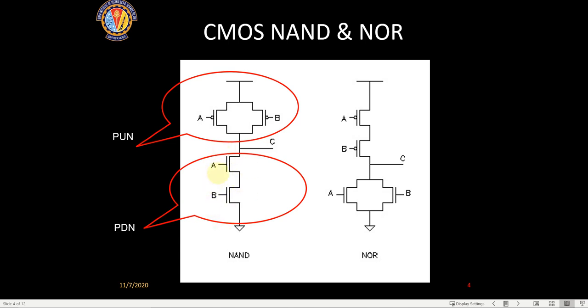In this particular NAND gate, the specific function is A and B. For A and B, this has to pull it down. So that is why we call the PMOS network the pull-up network and the NMOS network the pull-down network. So here also these 2 will be known as the pull-down network, and these 2 will be known as the pull-up network. That is the nomenclature which we generally use.